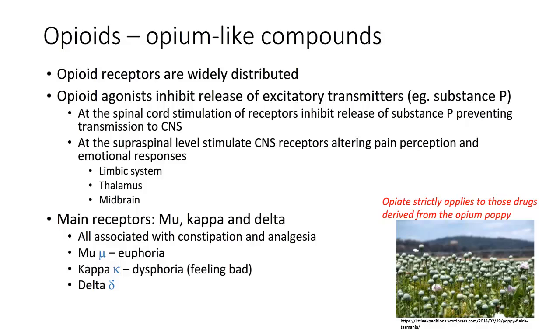These drugs inhibit the excitatory transmitters, so they inhibit things like the tachykinin substance P. They do so at the spinal cord, and they also do so at the supraspinal level in the central nervous system, and that means the limbic system around the thalamus and the midbrain. Now, because they're acting in the limbic system, they alter your perception of pain and they alter the emotional response to pain, so they tend to lessen the anxiety